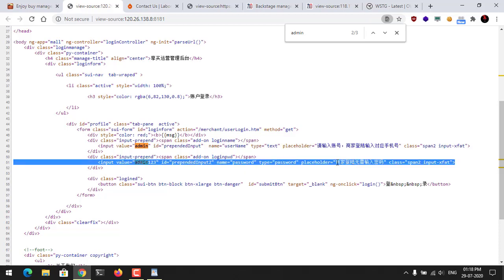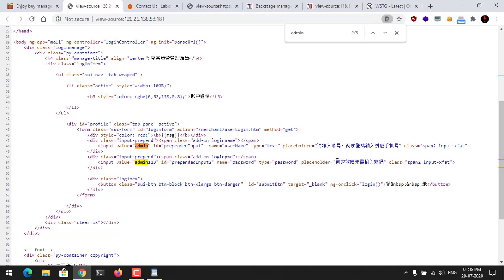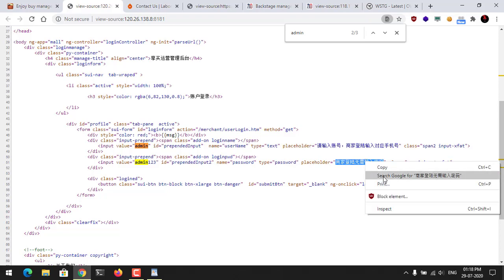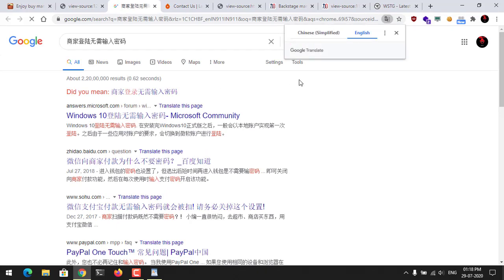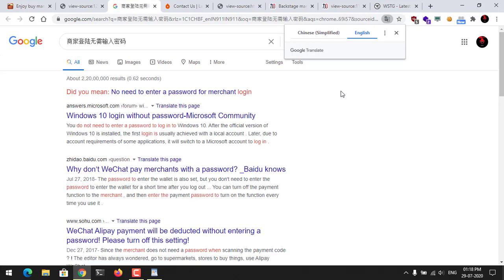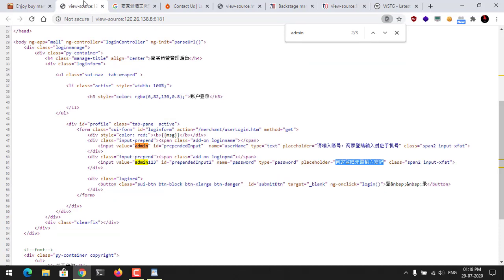Since admin123 is most of the time a password, I went with this one. I was not able to understand anything, so I did a Google search on this, and what comes up is, did you mean no need to enter a password for merchant? And I was very shocked with this one.